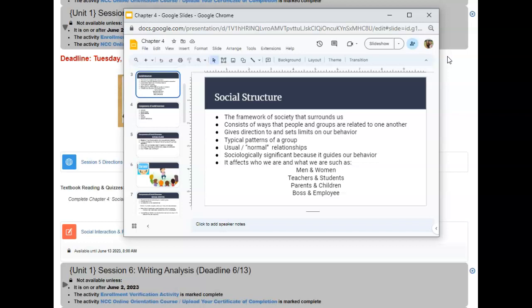But if we take a deep dive into social structure, we just figured out that it's essentially the unspoken things in society that we all have grown to understand because we have been socialized to understand them, such as what it means to be a teacher or a student. When you walk into a classroom and you see a full classroom, you automatically know that the person standing at the front of the room by the board is the teacher. And all the other people sitting at the tables or at the desk, they're students. Okay, that is an example of a social structure, the educational system.